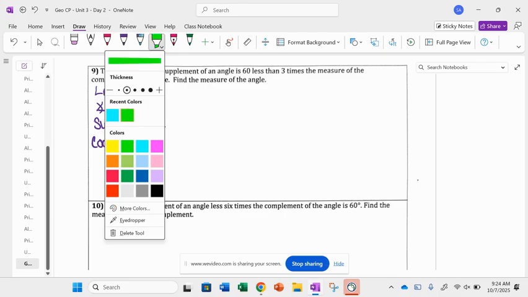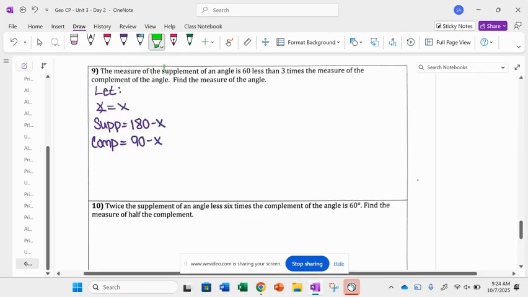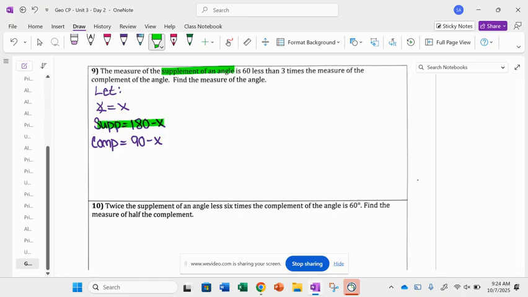Okay, so once again, let's go through this. It says the measure of the supplement of an angle. Well, didn't we write out here the supplement of an angle is 180 minus x? So we're going to have 180 minus x is, what does is represent? Equals